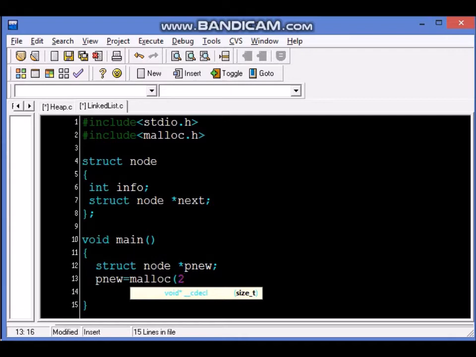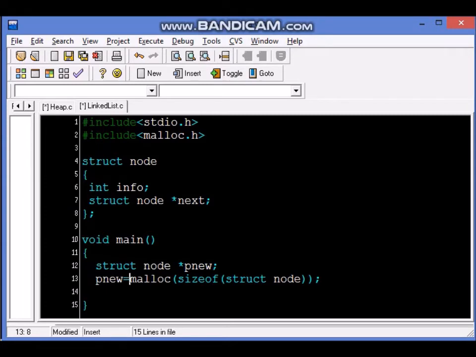We could have said 2 bytes of memory, please give it to pnew, or we may have said give 6 bytes of memory, but ideally we should know the size of the node. So we have a function called sizeof, and then we can mention the node name here, struct node, and we will get that size memory. So suppose it is 6 bytes, sizeof will tell whatever the size of struct node, and that size, let's say 6 or 8 or 10, will be passed on to the malloc function, and malloc will make a box of memory and it will allot it to pnew.